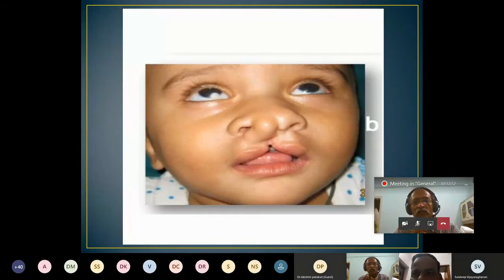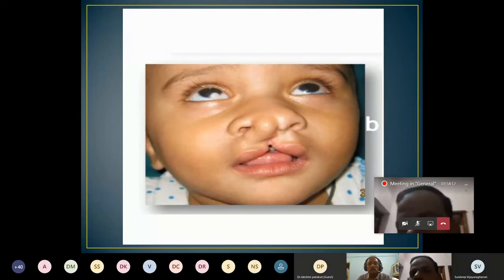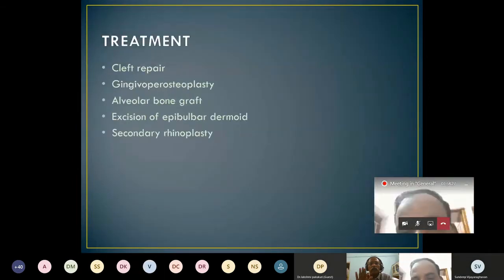Okay. Now you have decided to operate on this patient. How will you go about it, what will you see, and what will you achieve in this patient? The midline cleft is there, sir. I want to repair that midline cleft by using either a U-shape incision or V-shape incision in 3 layers. And the main thing is I want to reconstruct the orbicularis oris muscle and the inner mucosal layer.